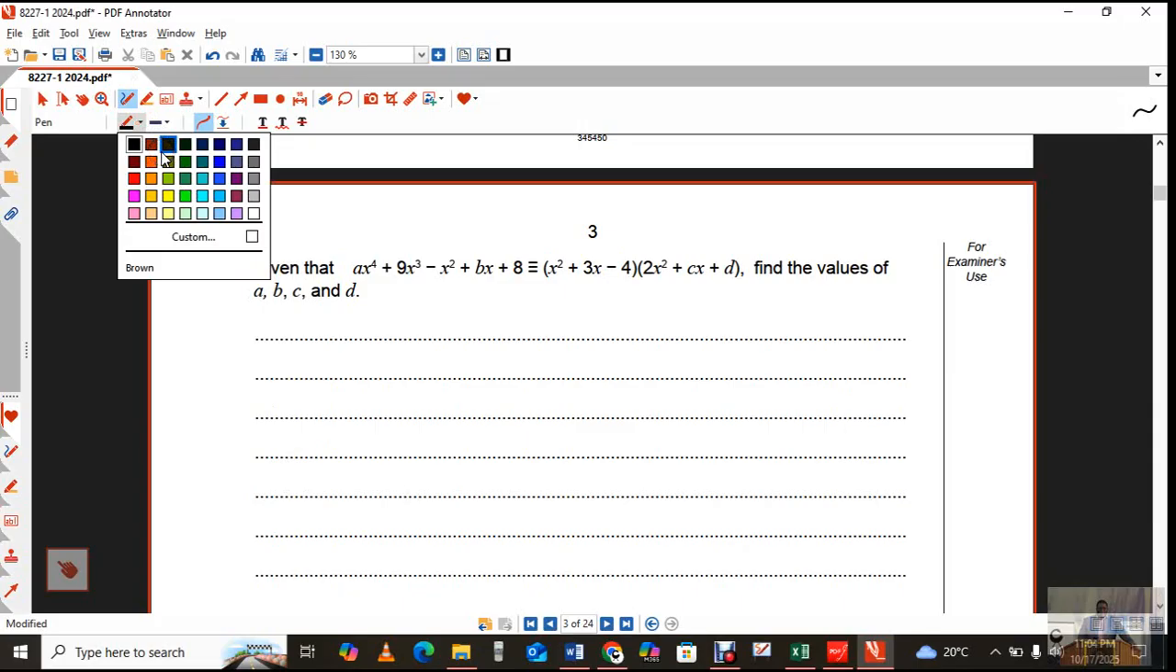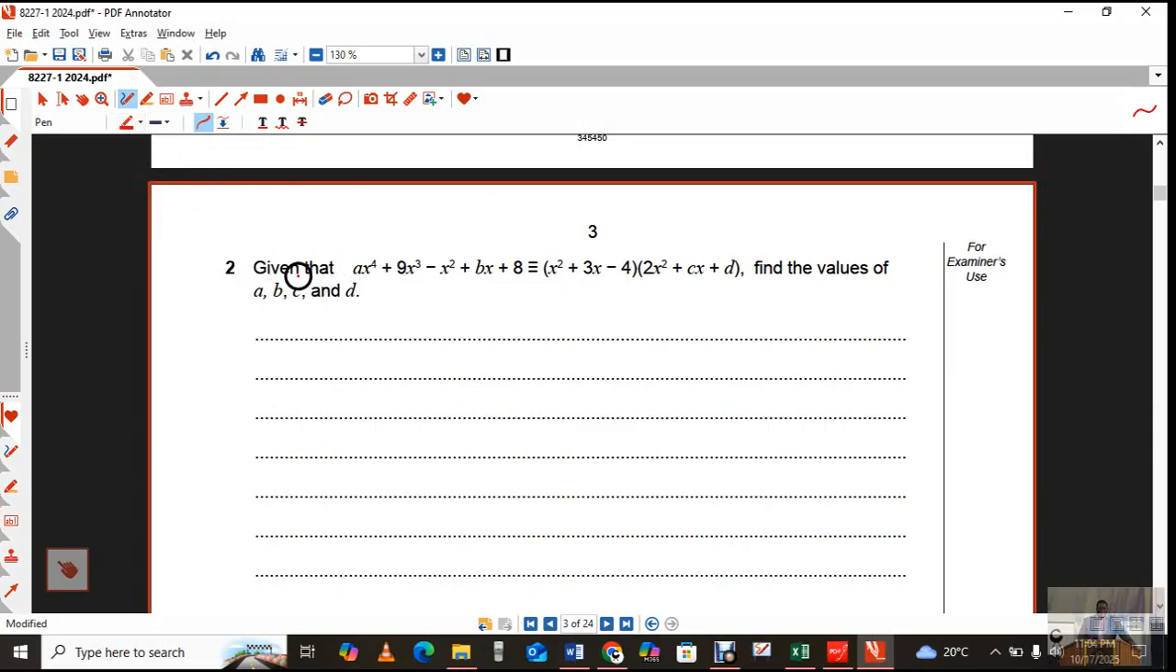That means I'm going to take the bracket of x squared plus 3x minus 4, and multiply it out with 2x squared plus cx plus d, and I will see what this gives me. So I'm doing the right hand side. If I multiply these out, I'm just going to get 2x to the power 4 plus cx cubed. I'm first multiplying each of the terms in the second bracket by x squared, and then x squared times d is going to be plus